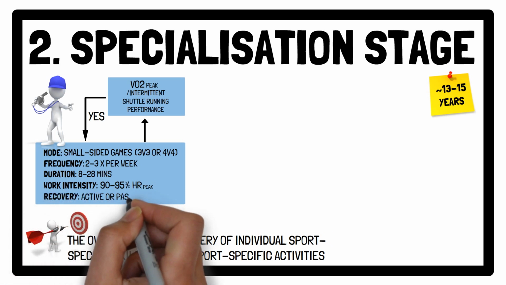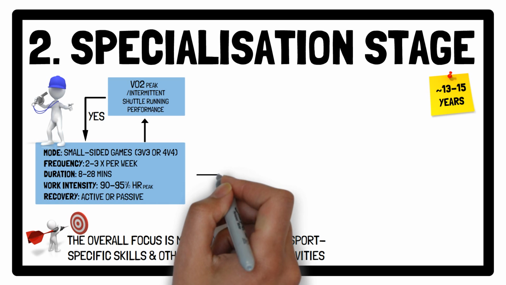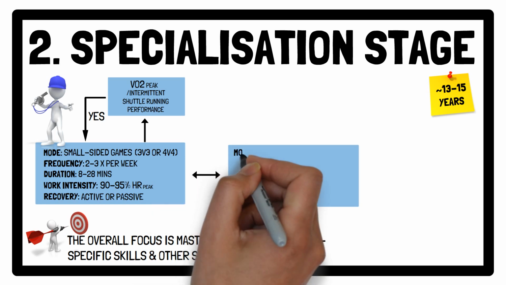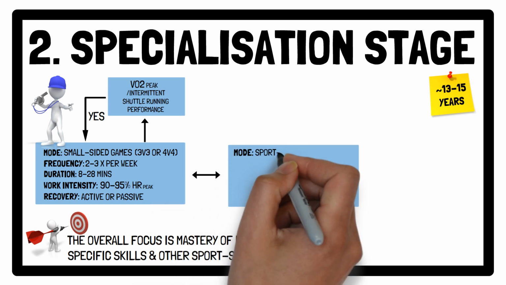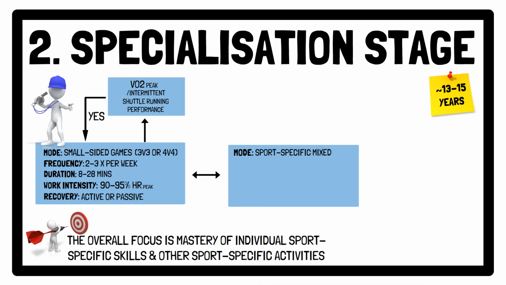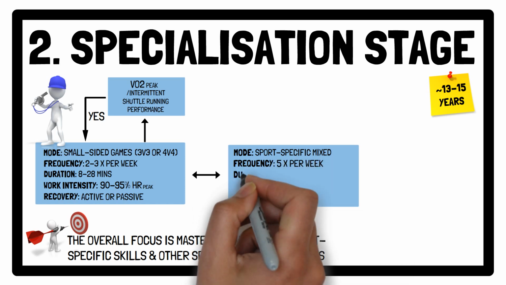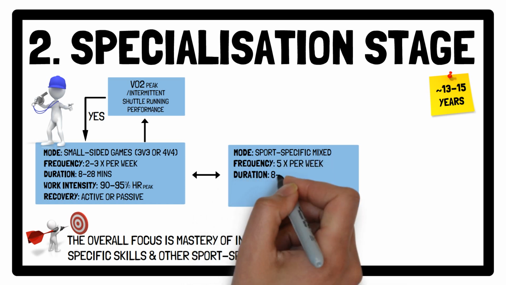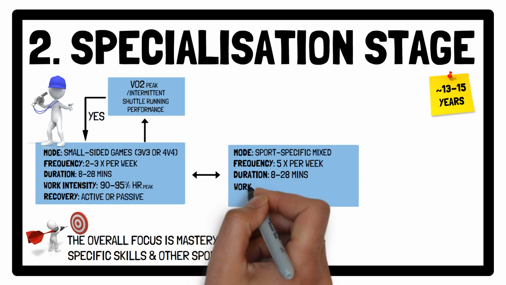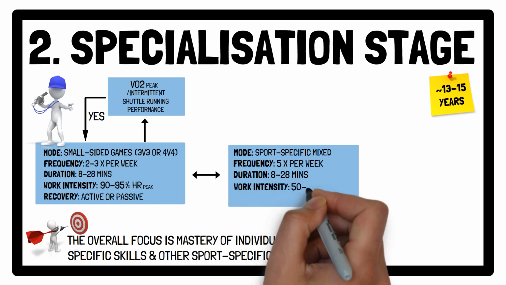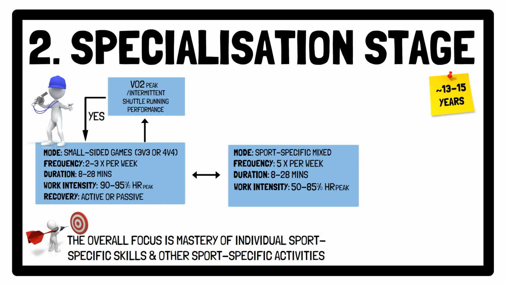passive. Alternatively, if they can be practically incorporated into the team sport environment, sport-specific mixed training regimes involving a mix of ball drills, activities and circuits 5 times per week, with sessions lasting between 8 to 28 minutes and work intensities ranging between 50 to 85% of heart rate peak, can be considered as a valuable option to use to